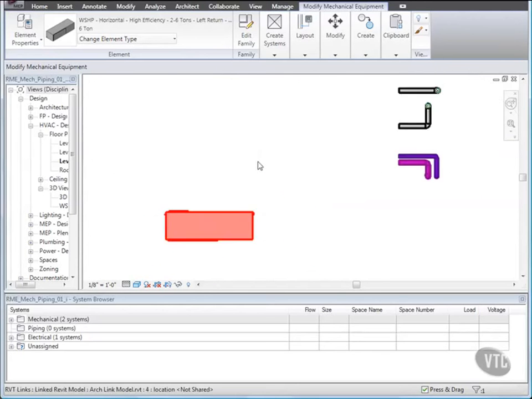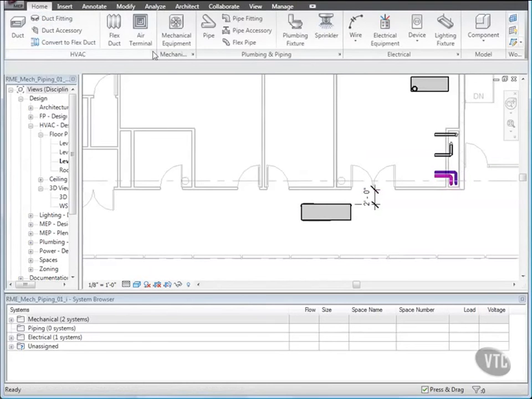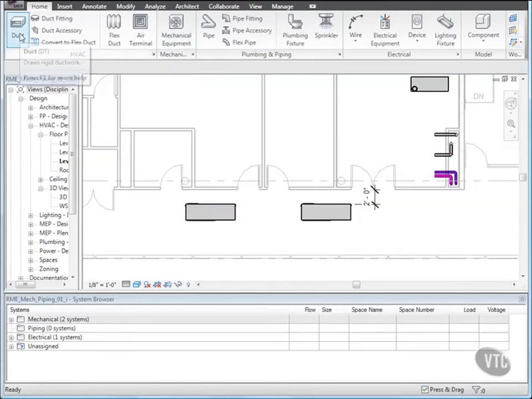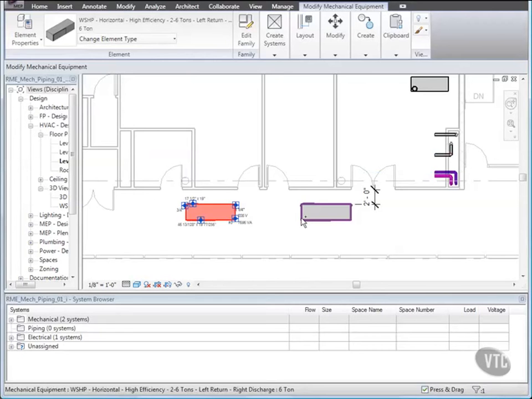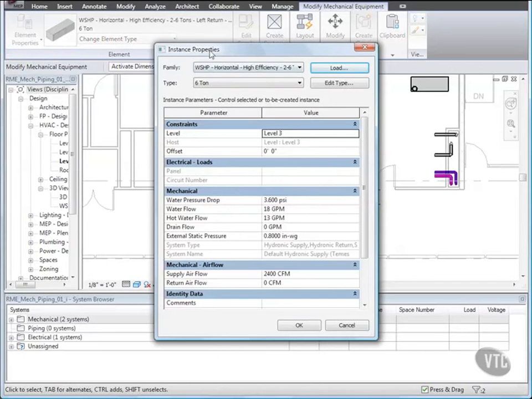Then place another heat pump to the left of the one you just placed as shown. Then click Modify, and while pressing Ctrl, select the 2 heat pumps. Then go to their instance properties, and in the instance properties dialog, under Constraints, for offset, type 9 feet. Then under Mechanical, change the water flow value to 12 GPM. Then click OK